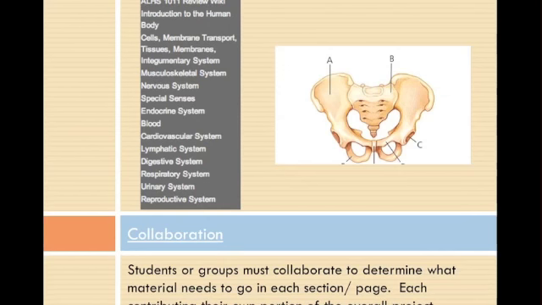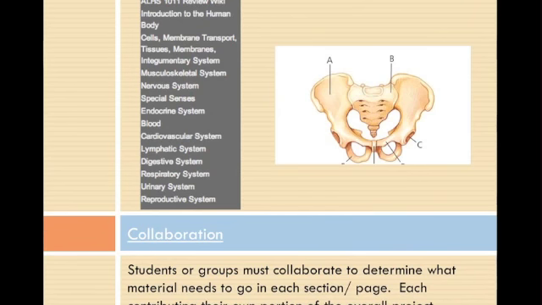Now, as you can see on this slide, there is a picture of a pelvis which I took from my Anatomy Wiki site, and if you look to the left side of that, you can see all the different pages that are listed within that site. It's a review wiki site that I made to help my students review all of the material before their final exam, and also something they can take into future coursework with them. My goal in doing this was to get them to collaborate, which is one of the 4 C's, and create this site together. So they're responsible for what they build and how